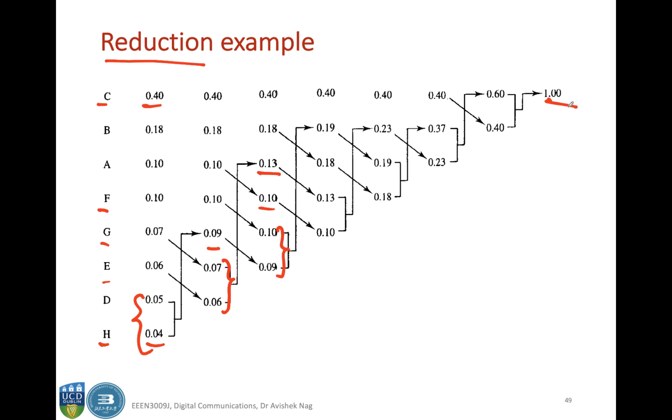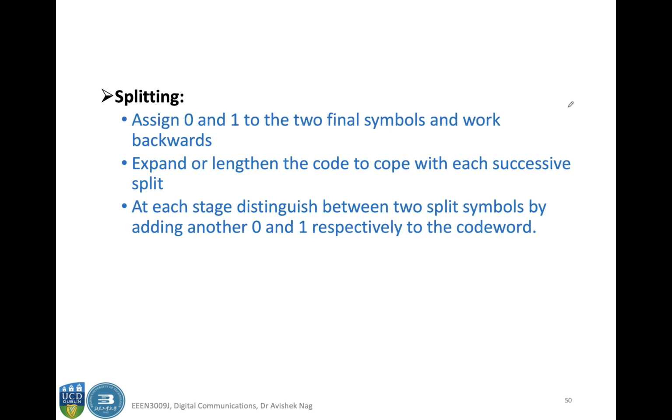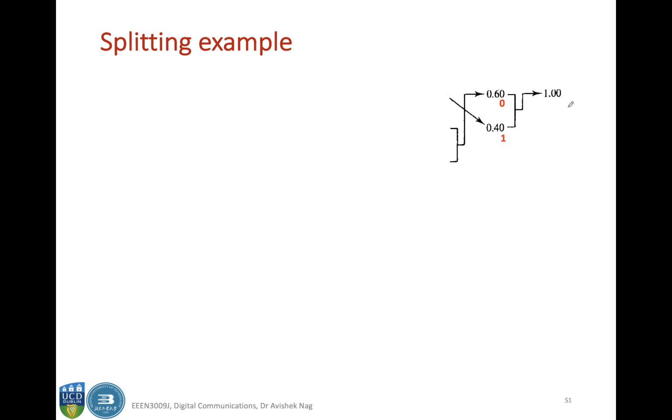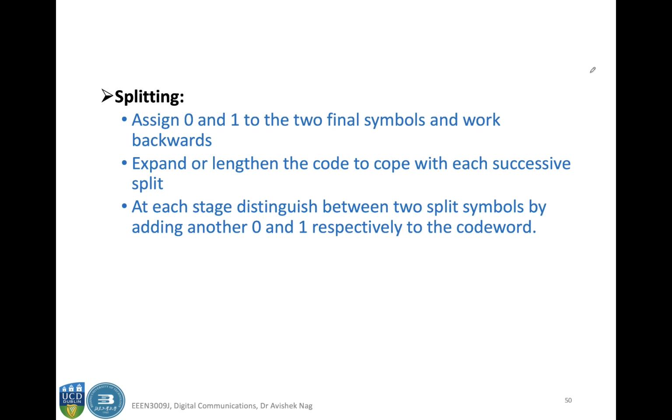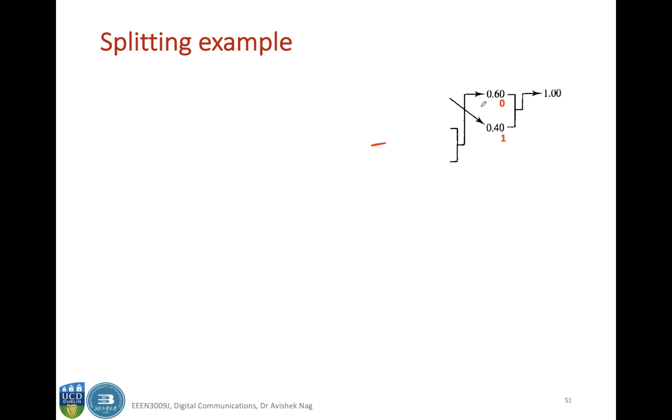Now that you have done the reduction part, you have to do the splitting. In the splitting you look from behind, from this particular direction, and you assign a 0 and 1 to the previously occurring